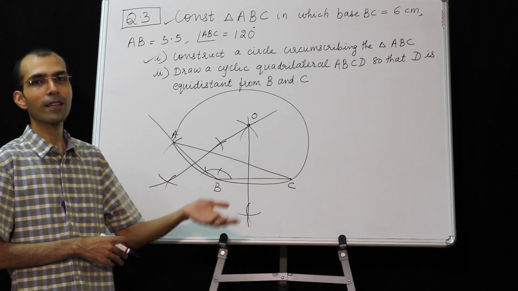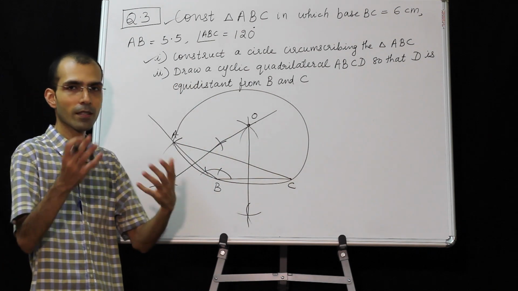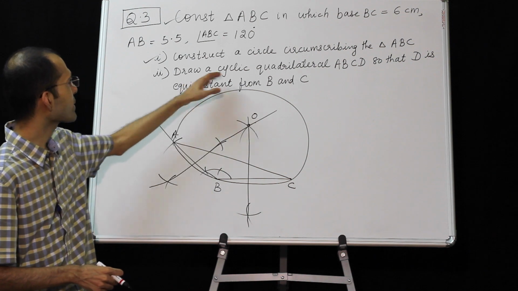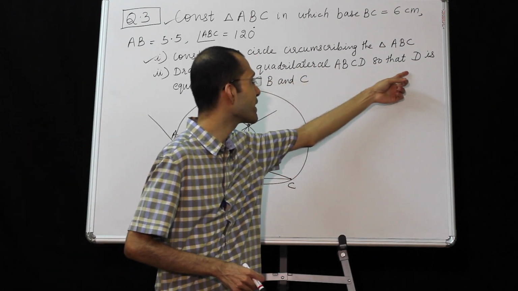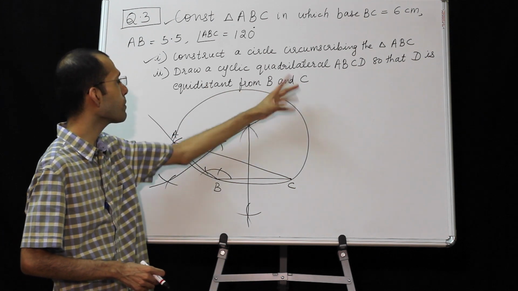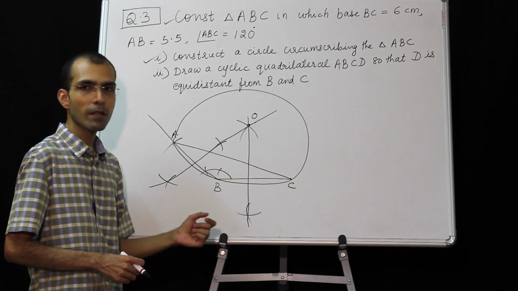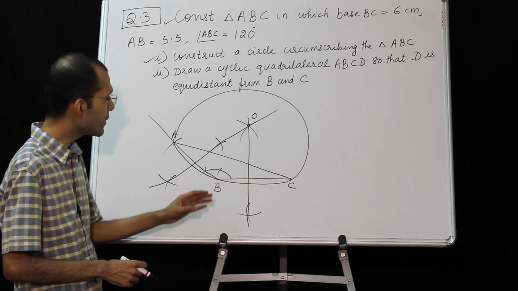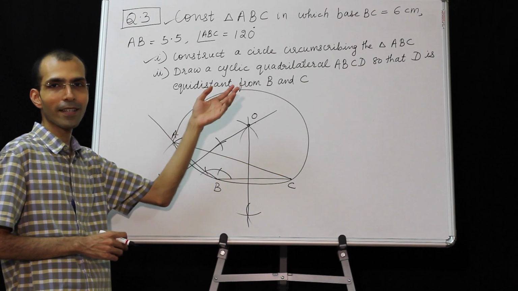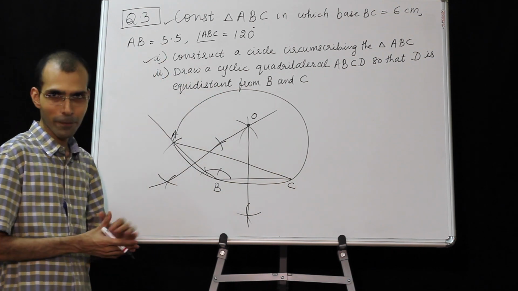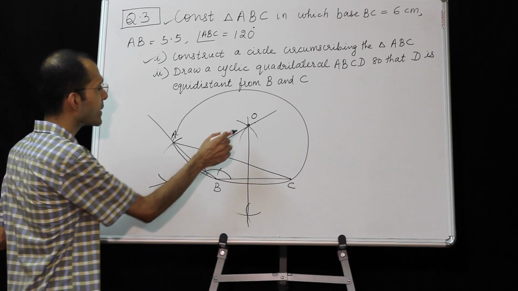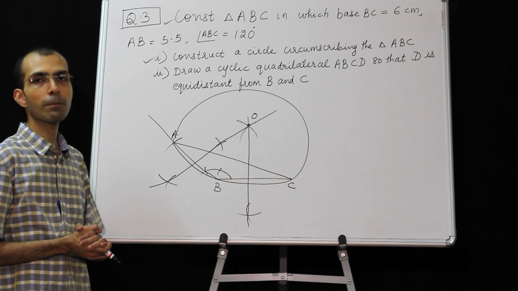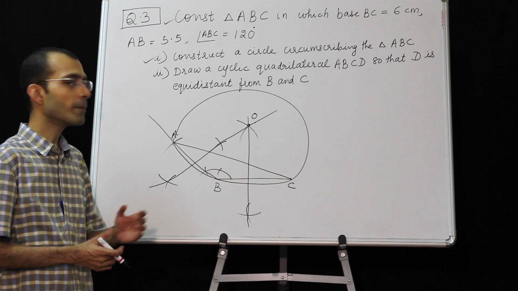So as mentioned earlier, this topic, though it is construction of circles, can very much be confused with locus concepts. So draw a cyclic quadrilateral ABCD so that D is equidistant from B and C. So what will we have to draw? The perpendicular bisector of BC, which incidentally we had drawn before for subpart 1. So that is drawn. Now D can lie anywhere here because any point on the perpendicular bisector will be equidistant